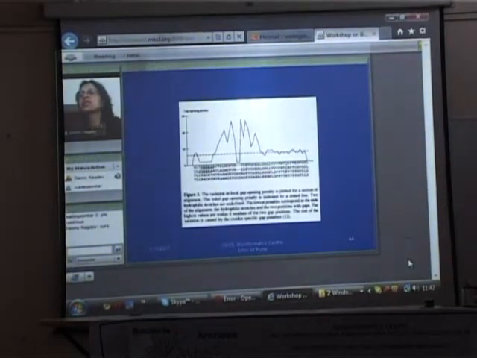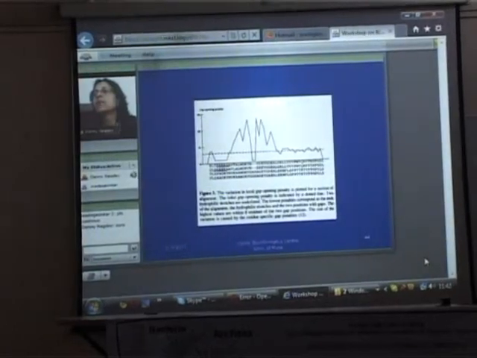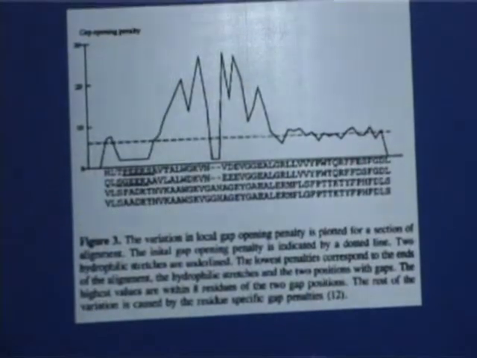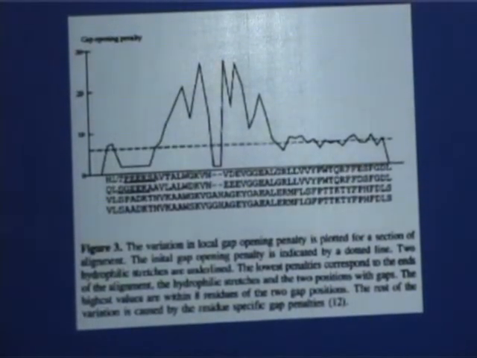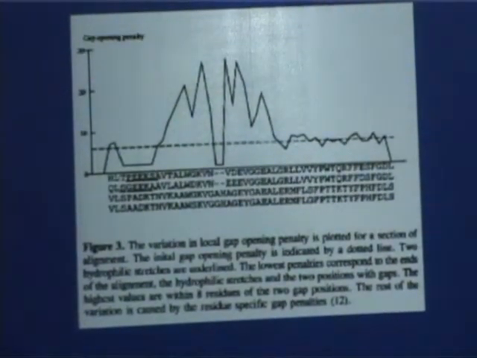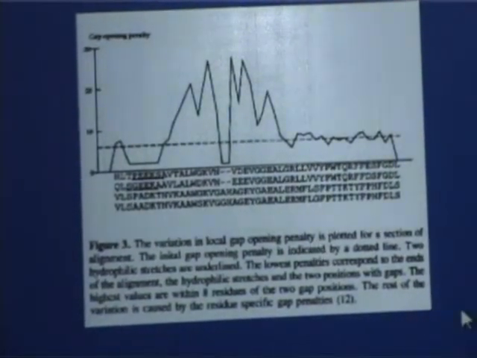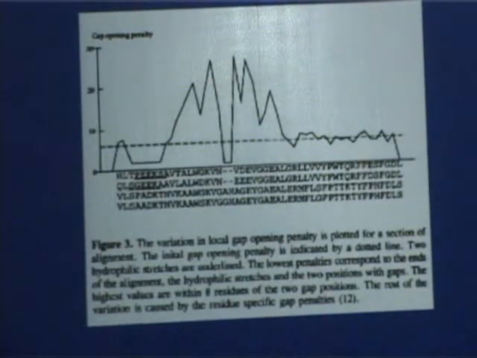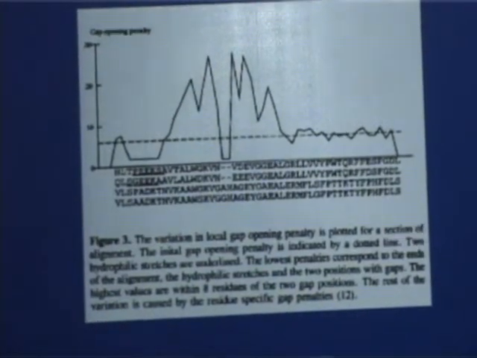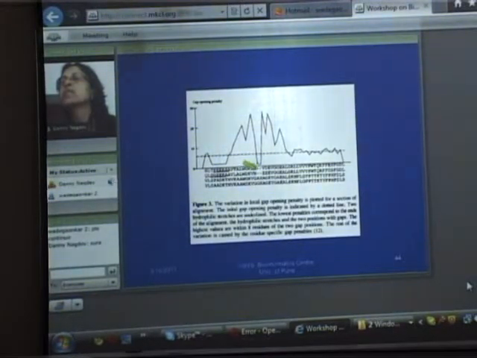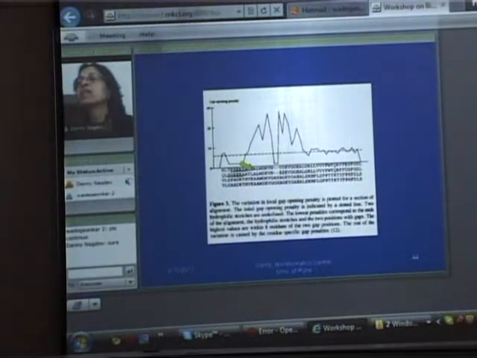This is an illustration of how the gap penalties are assigned by Stahl. On the x-axis, we have the sequence positions in the multiple sequence alignment. You can see that whereas if you look at these stretches, from this gap position, you have up to, consider the 8 positions, which is almost up to this particular amino acid residue over here.